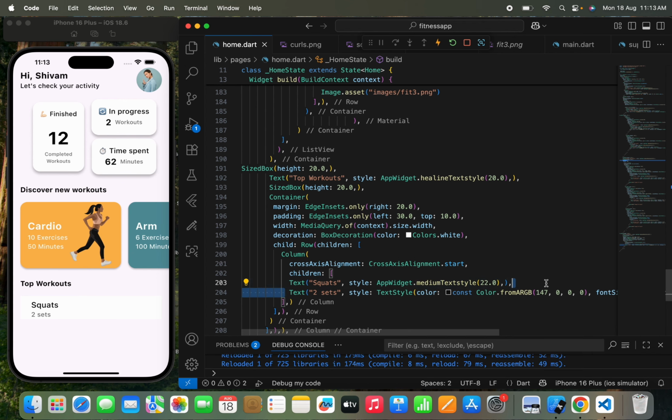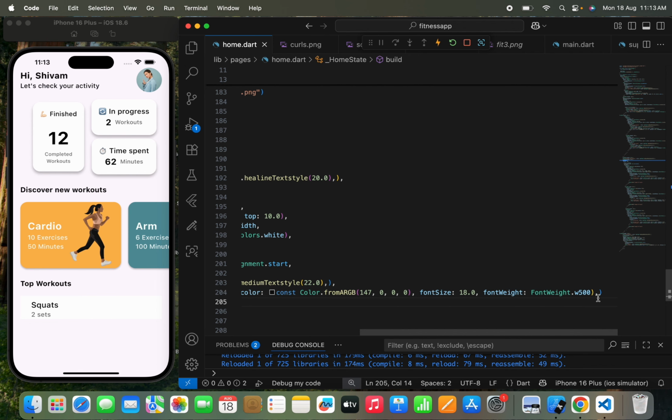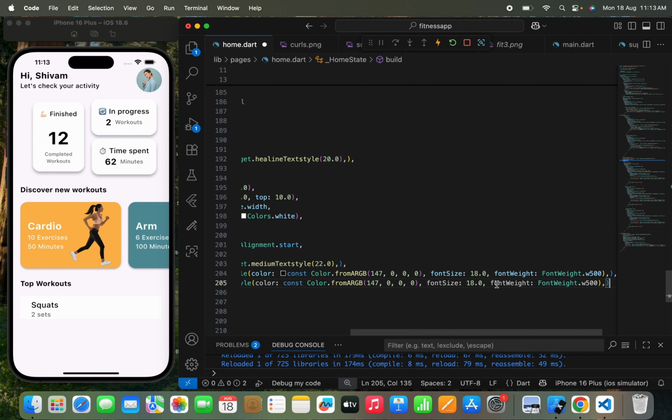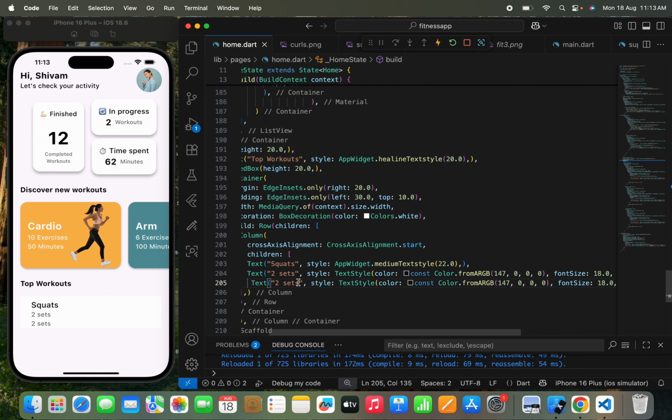So 2 sets, I need to copy this text, switch it back again, and once we do this I just need to paste it over here, and we need to show how many repetitions they need to perform. So here I'll just write 10 and we'll write 10 repetition. Let me check the repetition spelling first. Yeah, so here you can see that I just need to pass the text, which will be like a 10 repetition,